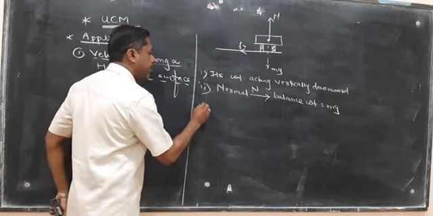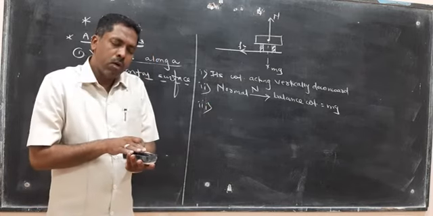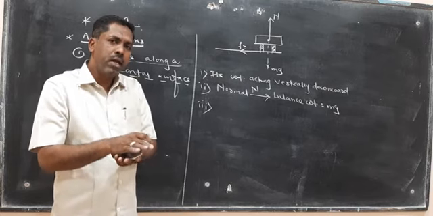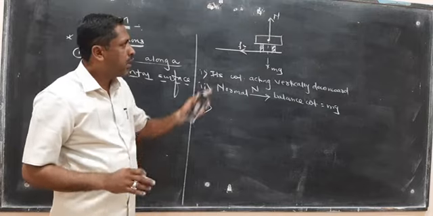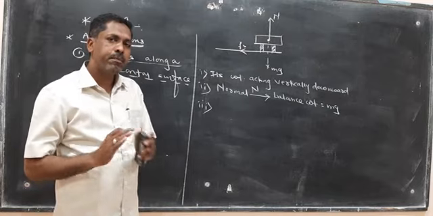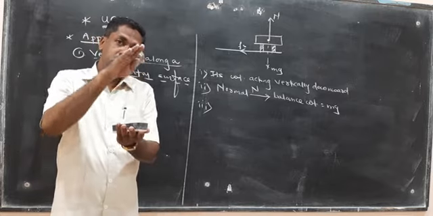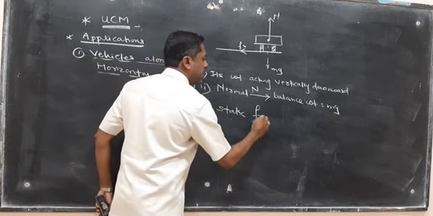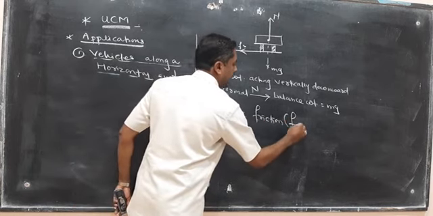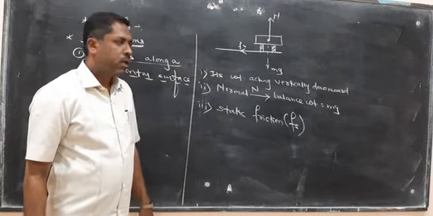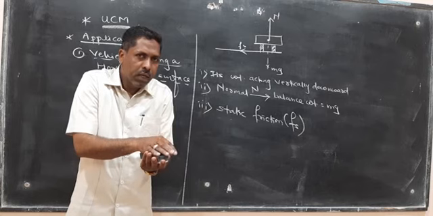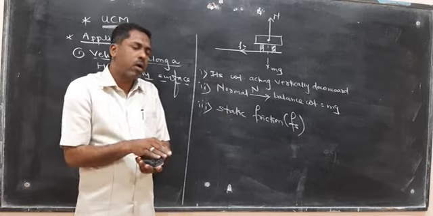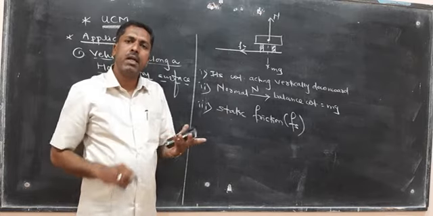Number three, a car moving on the Earth's surface, at that time somewhere there is friction, but here the friction taking place is called static friction. Why? Because the car stood on Earth's surface. So here static friction also plays an important role, represented by Fs. A car stood on the Earth's surface, it means there is some friction here. That friction is called static friction, represented by Fs.